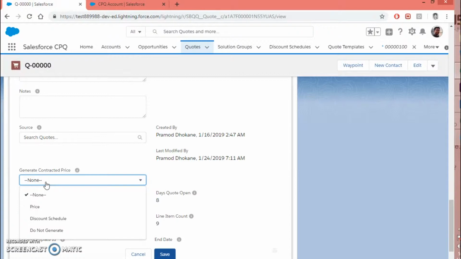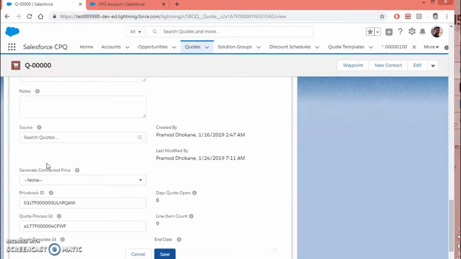The do not generate option is pretty much straightforward. CPQ will not put effort into adding the existing quote line products into the contracted record. For price, it will take the list total price, and for discount schedule, it will keep track of what discount schedule is used for that particular product, and in future CPQ will take the same discount schedule. So only this field you will need to modify in case you want to automate that process.